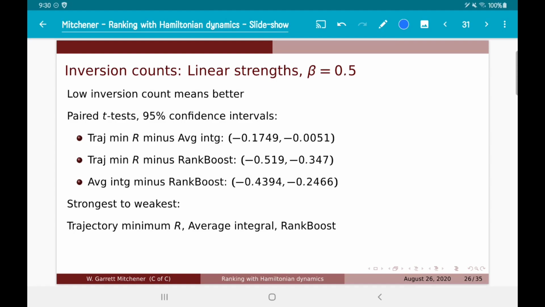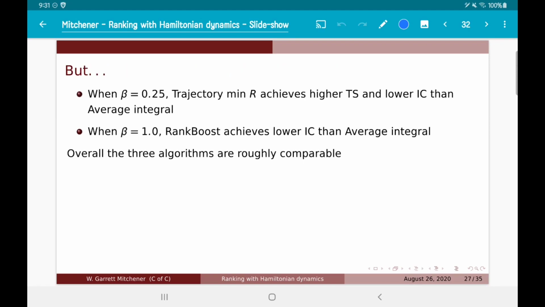They're of comparable quality, which is kind of reassuring because rank boost was specifically designed with a data science use in mind, whereas the Hamiltonian mechanics was designed to also give interesting dynamics. So it is kind of nice to see that the rankings that come out of this are competitive with rank boost. I should also point out that